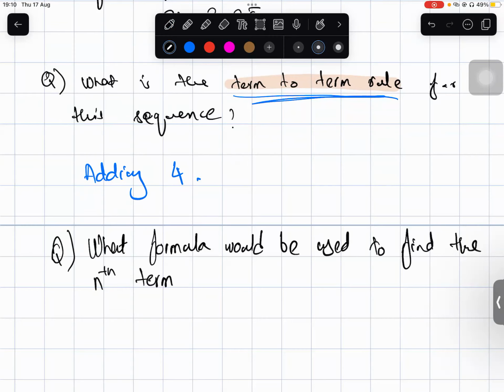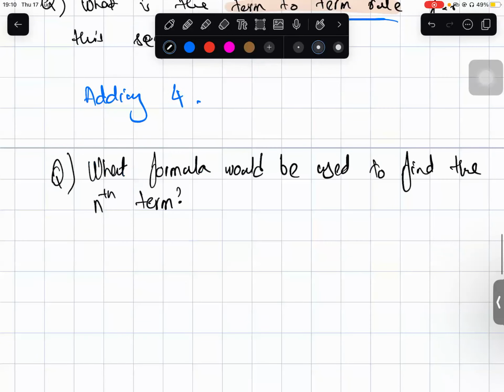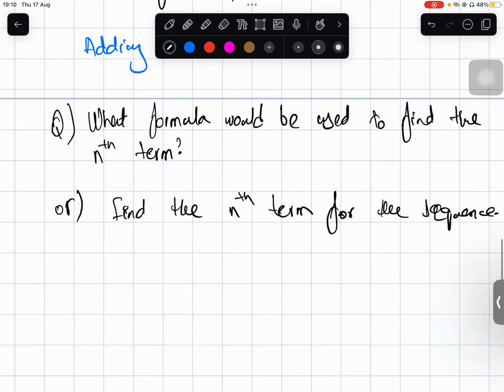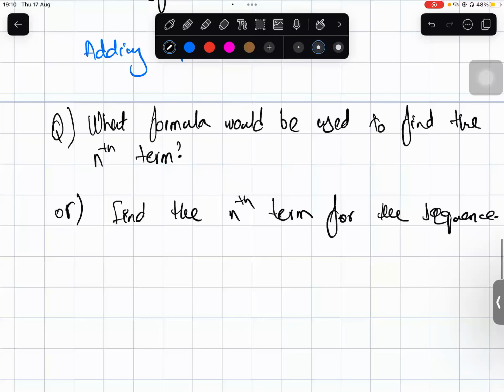Okay, they can either ask you this, or the same question can be asked just simply like this: find the nth term for the sequence. Both of these are the ways in which they can ask the same question. So basically, they're asking you to... Also, one other way that this question can be asked is, what would